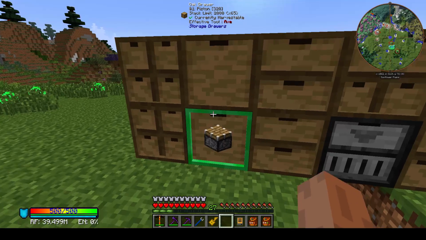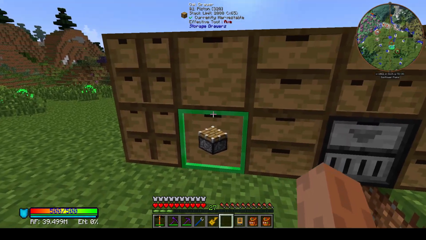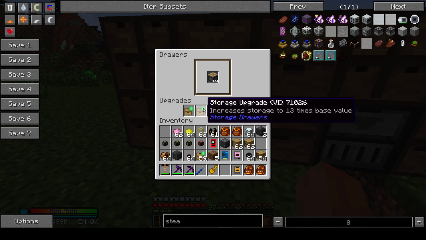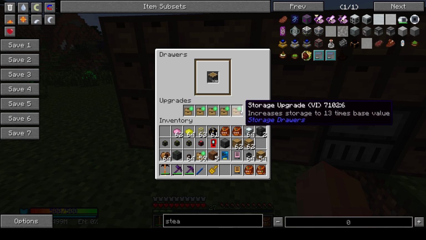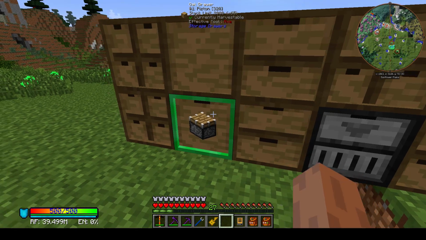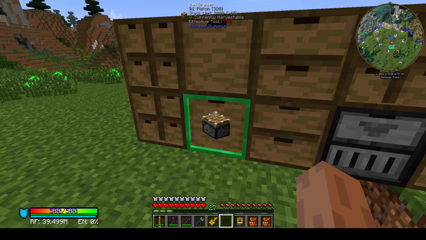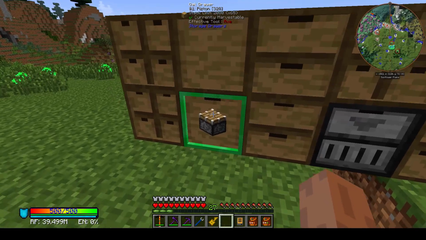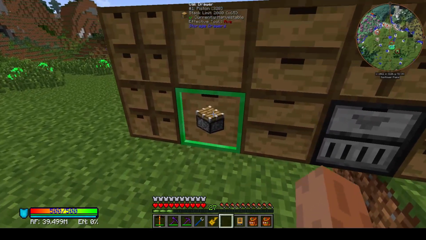You can also upgrade the drawers to store more items. So if you sneak and right-click, it brings up this upgrade interface, and you can install these storage upgrades. These are the maximum size ones, and with a full set of those, it gives you 2,080 stacks of that item type. Usually you only want to do that for things you're going to collect a ton of, like ores,